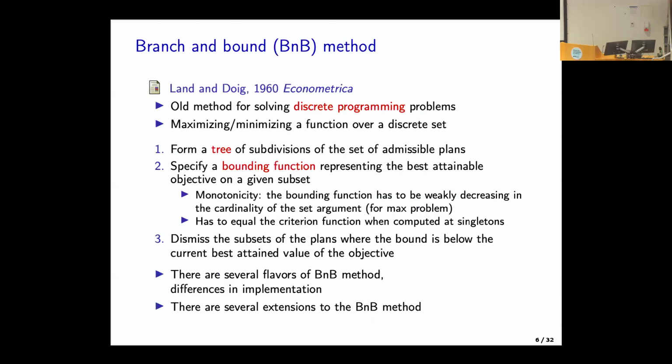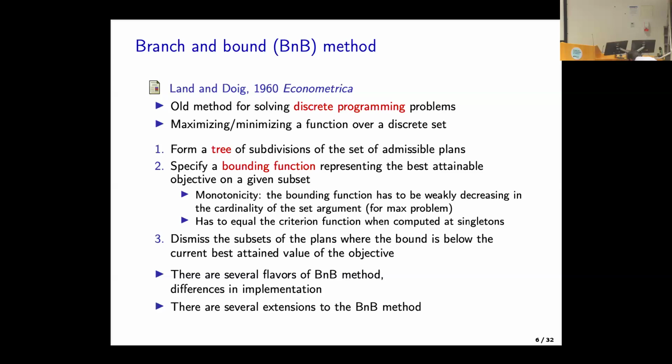All right, so here's the key to being able to solve it without solving full equilibria. The method is called branch and bound, published in Econometrica in 1960. It has been improved since then, and we still have space to explore what computer scientists have done with this. It's essentially created for solving discrete programming problems, minimizing or maximizing functions over a discrete set. Let me give you a little bit of theory and a feel of what it does, and then apply it to our estimation problem.